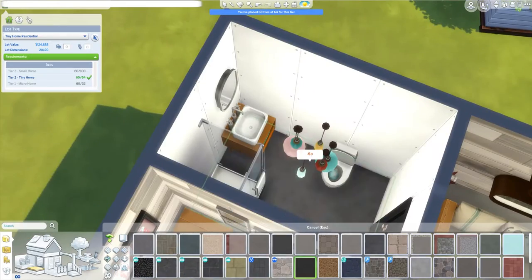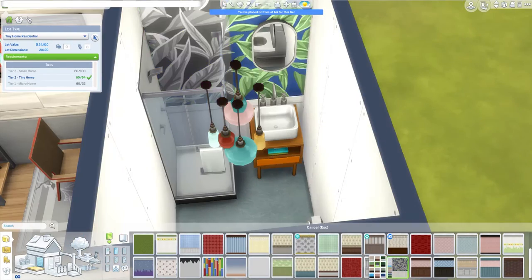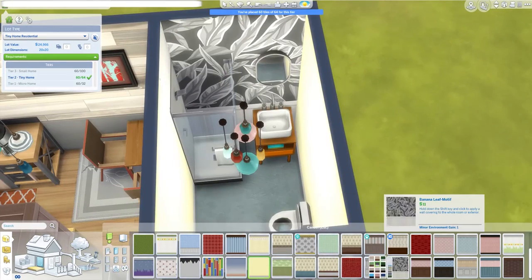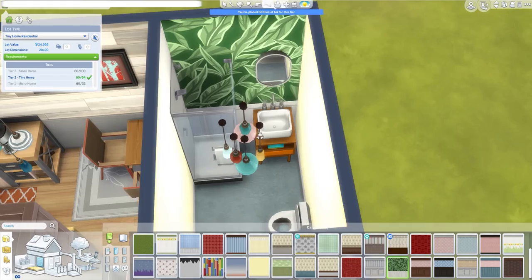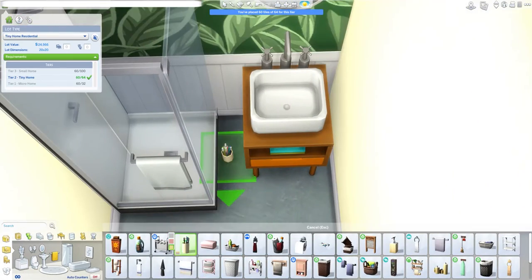I haven't seen it being done, so I'm not going to claim credit for it and be like, oh, look what I did. But I haven't seen other people do it. And so I've decided to put a little succulent plant there. And it's actually really pretty. I like the way that it turns out because it's kind of like this little stand. You could also put some magazines that come with